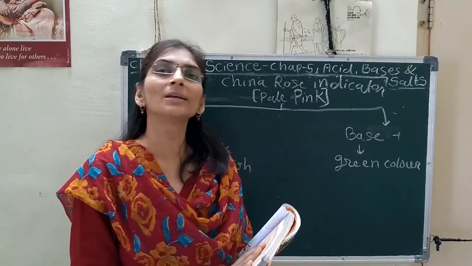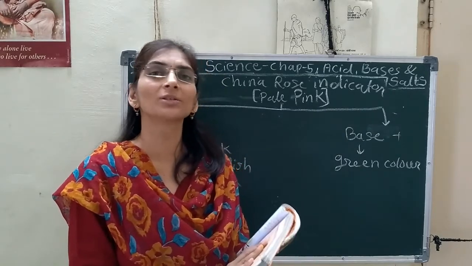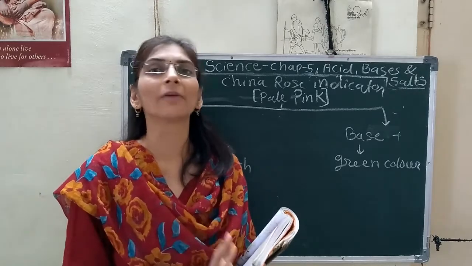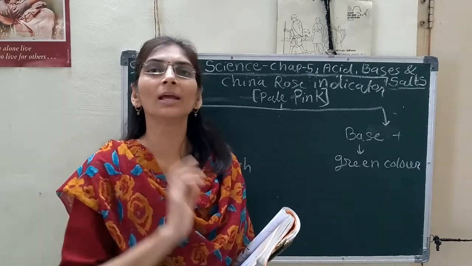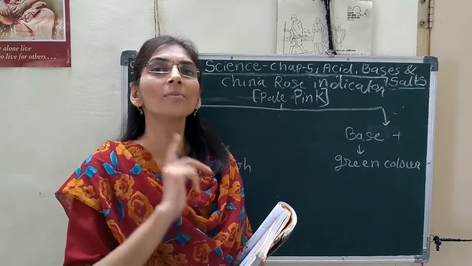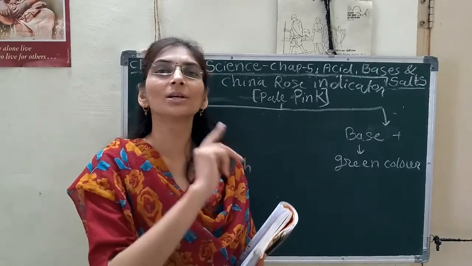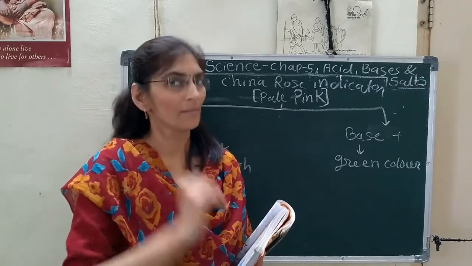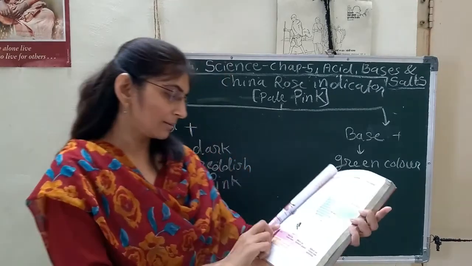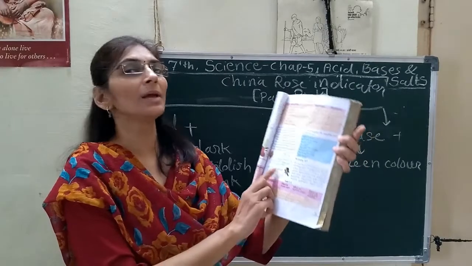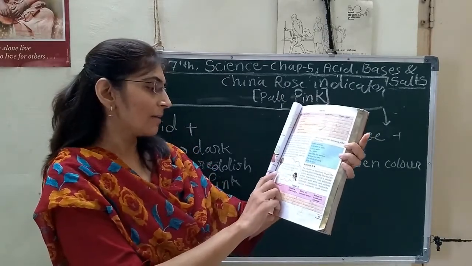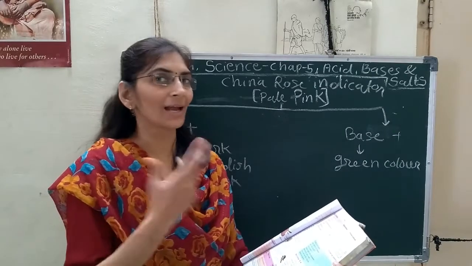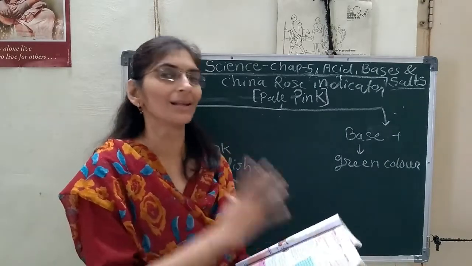What is the inference of this activity? Inference of Bujo's experiment: one of the substances must be in aqueous form. Then only there will be dissociation, release of hydrogen ion in acid and hydroxyl negative ion in base. And he did the same in his second step. He made a solution of baking soda, and in the second step now he got the result.